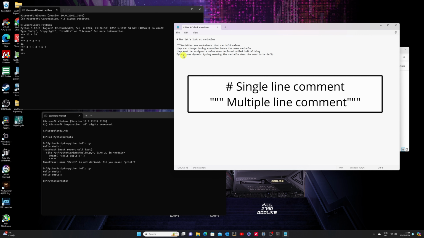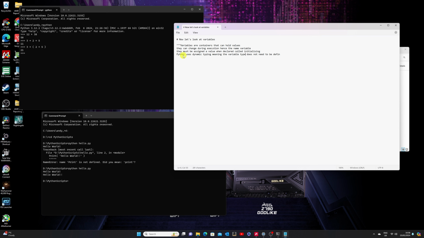Now then, variables. There you go. That's what those are for. Variables are containers that can hold values, and they can change during the execution of the program, hence the name variable. They must be assigned a value when declared, and that's called initialising. So creating the variable is declaring a variable, and giving it a value to start with is called initialising the variable. Python uses dynamic typing,